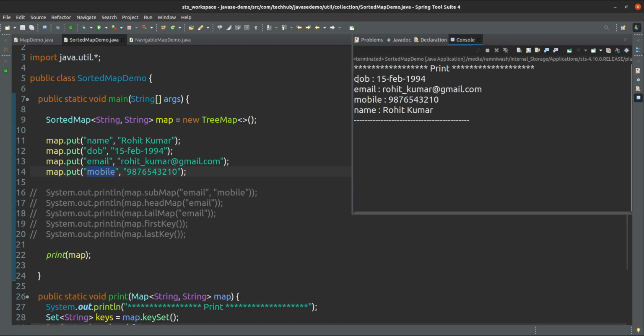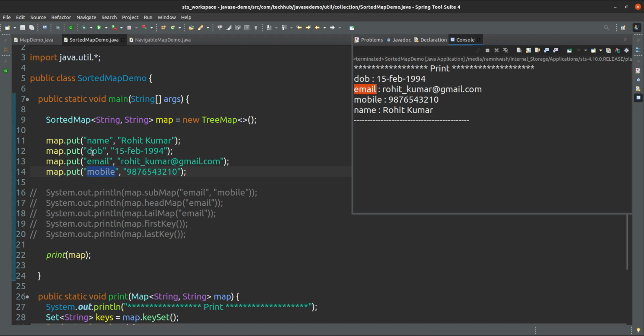Because the order is defined as per the alphabetical order of characters. So first D, then E comes, after E M comes, after M N comes. That's why it is the defined order.